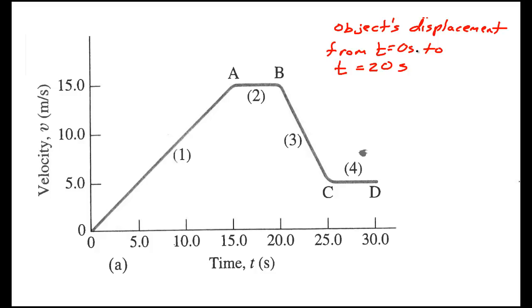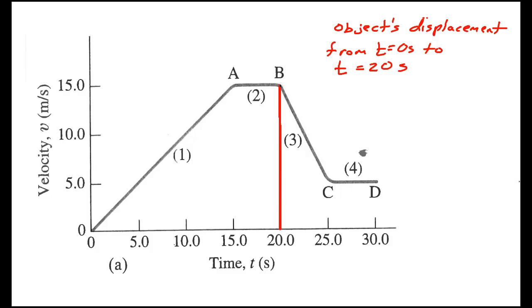Now we deal with the velocity time graph to find an object's displacement. This is a little different than what we have with a position time graph. We actually have to find the area under the curve. So let's say the problem says find the displacement of the object from t equals 0 seconds to t equals 20 seconds. Well, all we have to do is go out here to 20 seconds